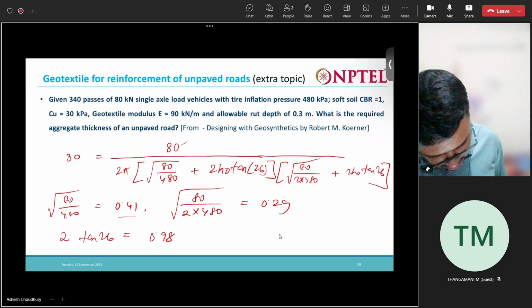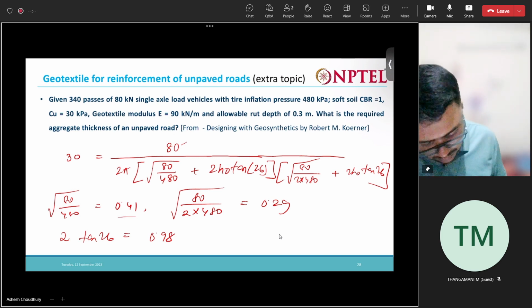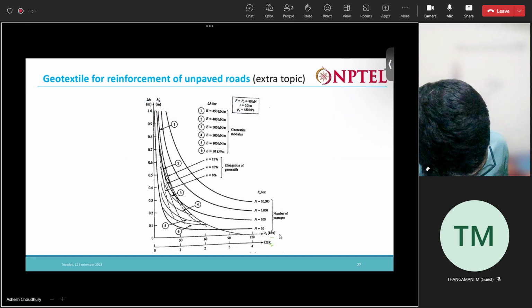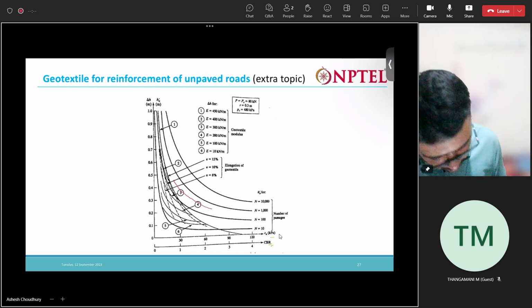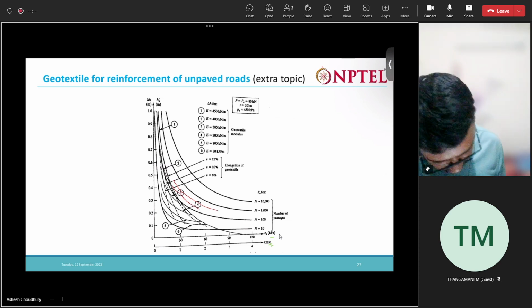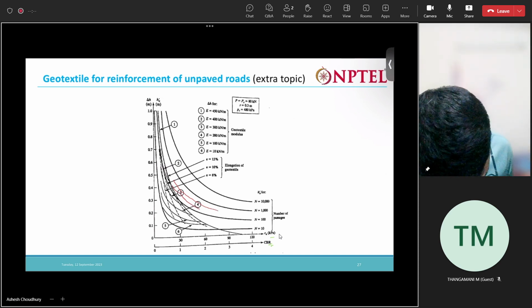I think no channel. Okay, nothing measurable number. 340 passes. Okay, so 340 passes. It will be around in this region, somewhat in this region, or maybe near. So the approximate value we will get. Elongation is 10%. So this curve,